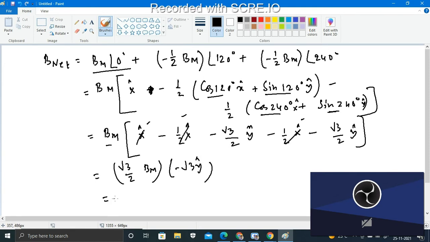Okay, so from there if I calculate, it will come minus 3 root 3 minus 3 divided by 2, so it will come 3 by 2 Bm into y mod. Again if I redefine these things, it will come 1.5 Bm at an angle,